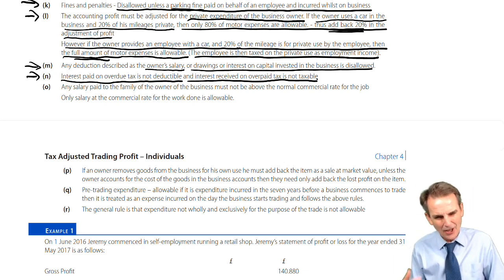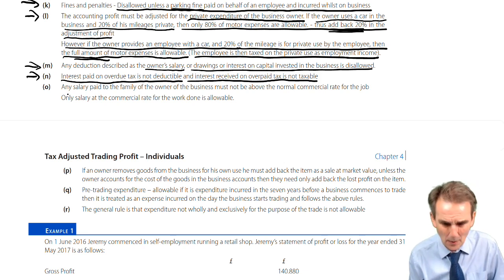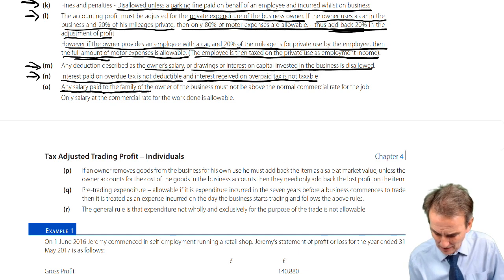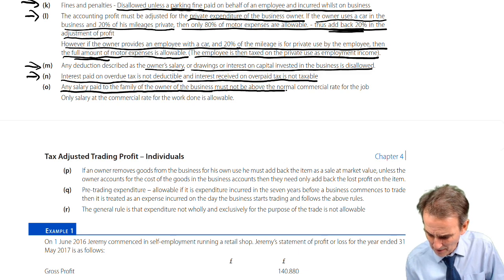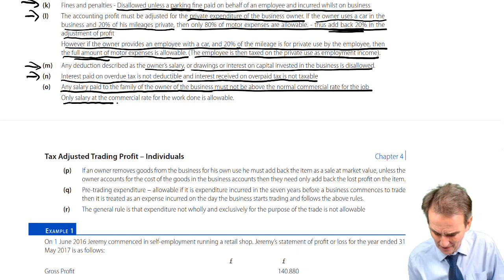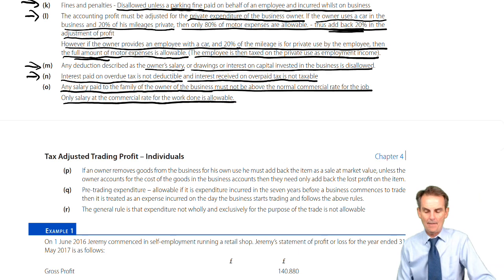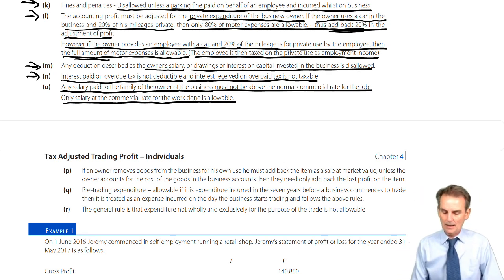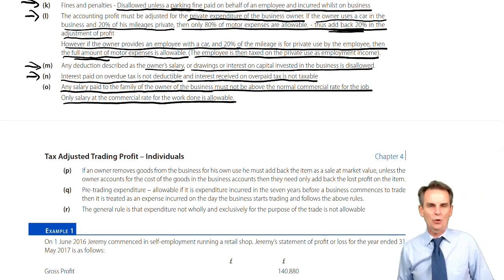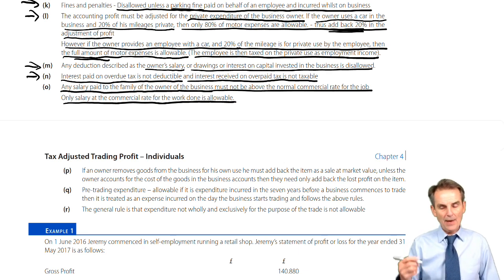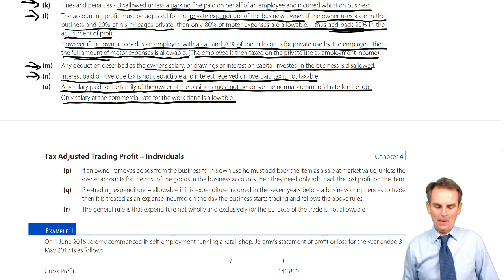But another side of that is if you employ a close relative, a member of the family, any salary paid to the family of the owner of the business must not be above the normal commercial rate for the job. Only the salary at the commercial rate for the work done is allowable there. What you can't do is employ your spouse within your trade and then overpay. So why might you do this? What you might have in an exam question,